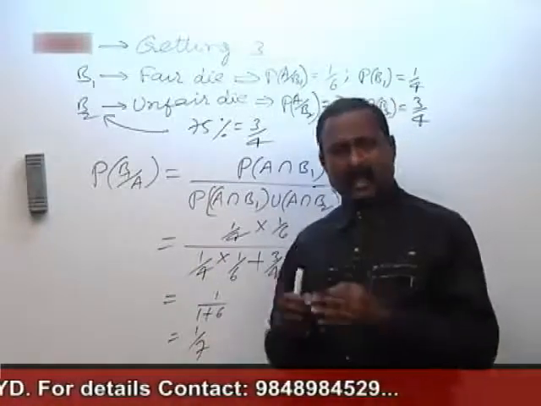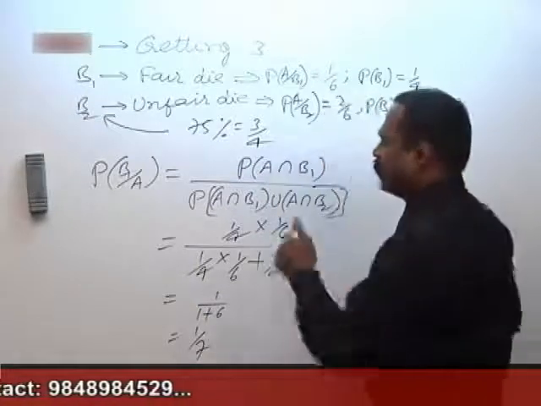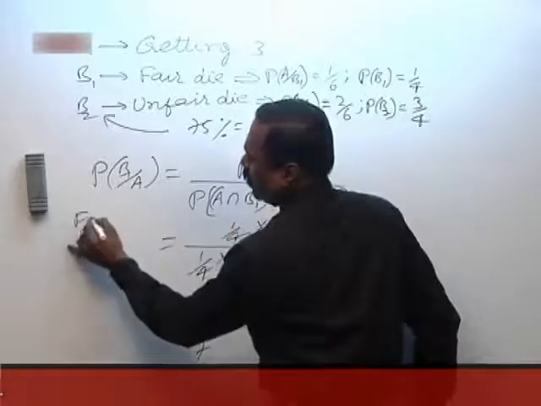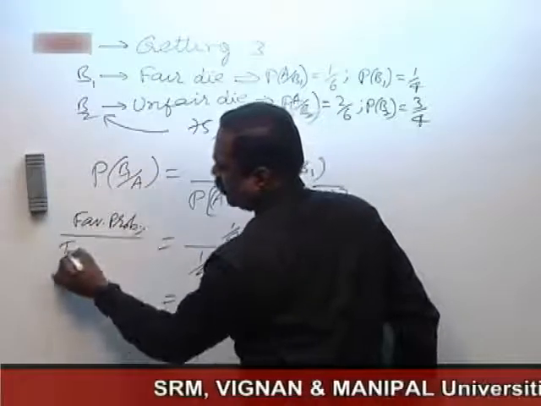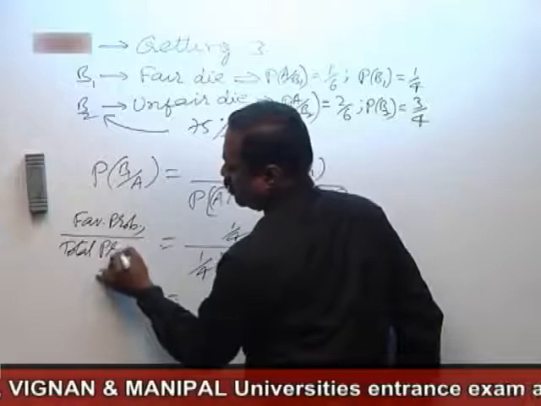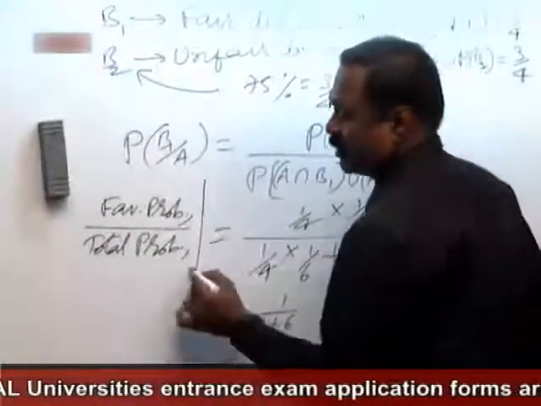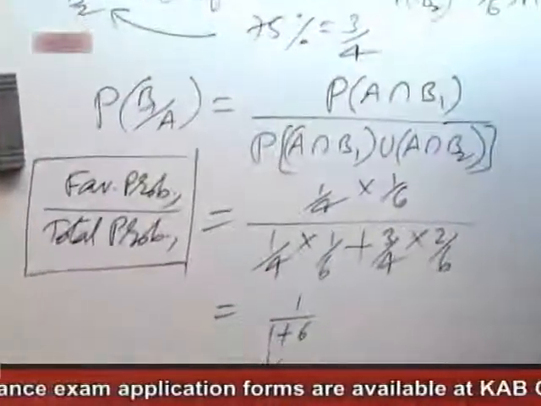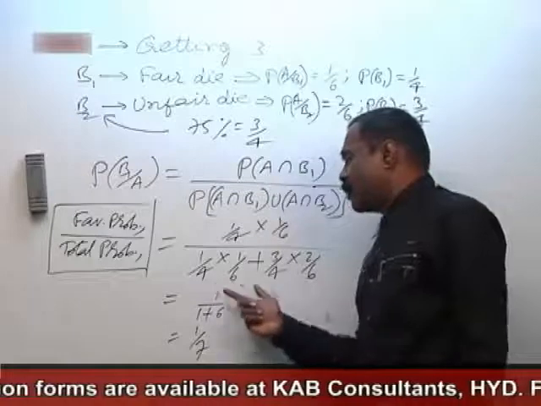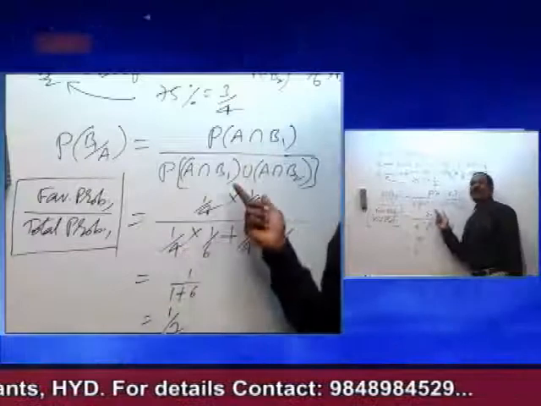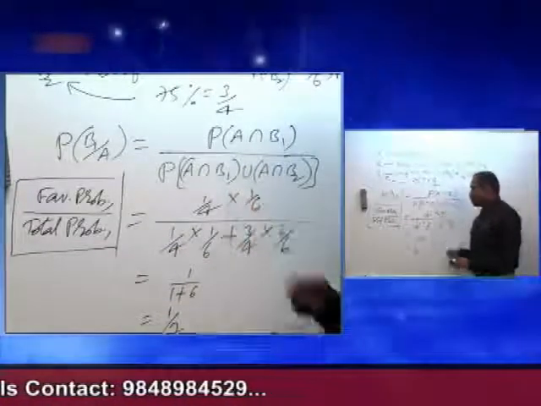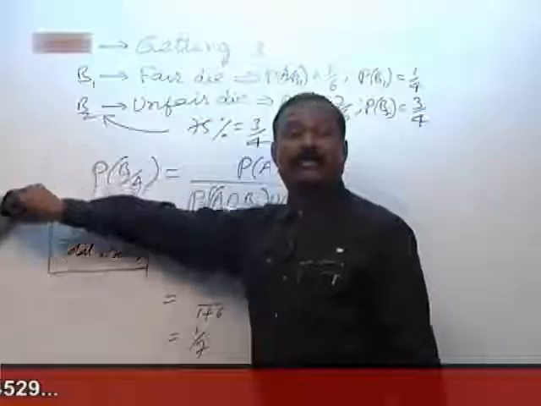So simply see the Bayes theorem this way: favorable probability divided by total probability. What I wrote from this one is the total probability. What I require is the favorable one. That is why it is sent to the numerator. So this is the application of Bayes